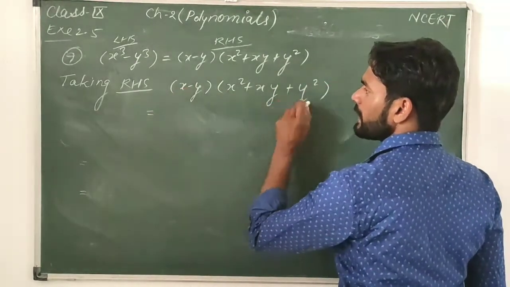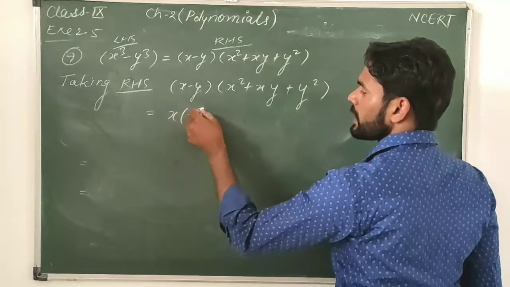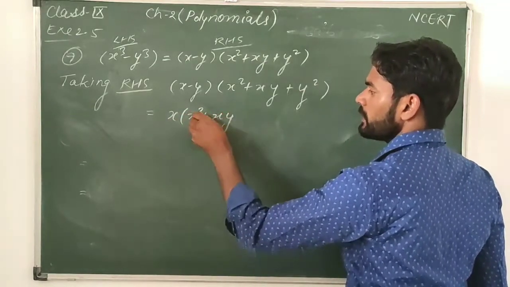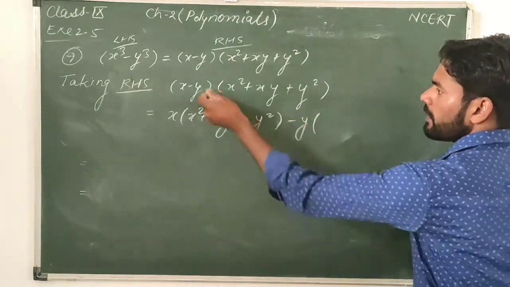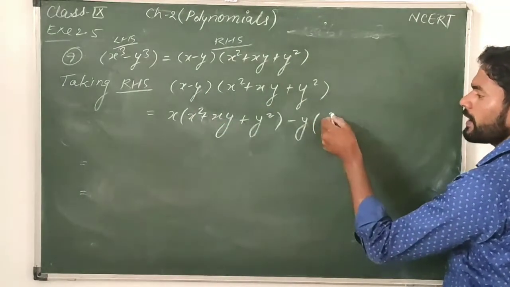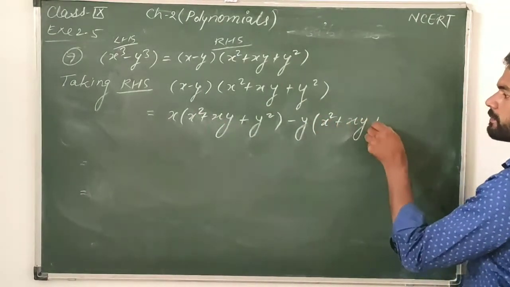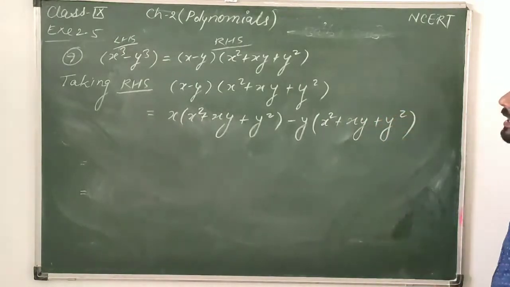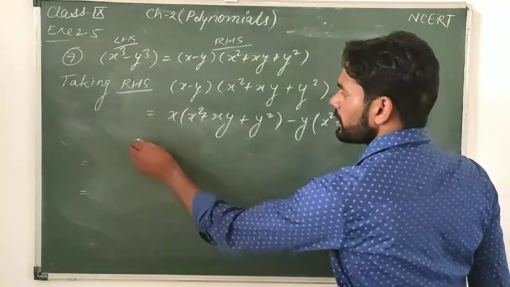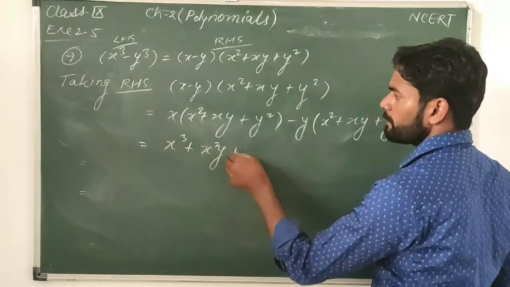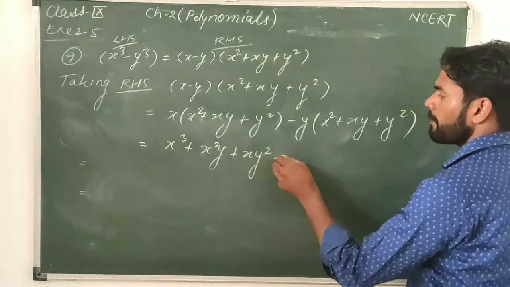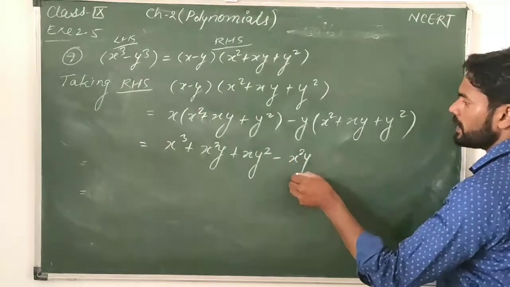Then x will multiply with x square plus xy plus y square, minus y, again y multiplied by x square plus xy plus y square. Now open this bracket, it will become x cube plus x square y plus xy square minus x square y